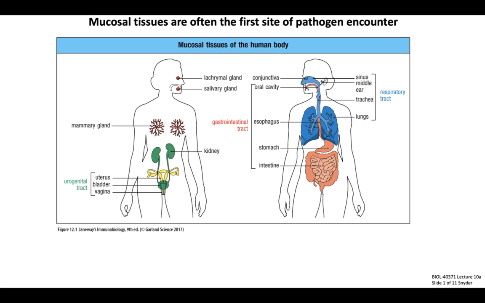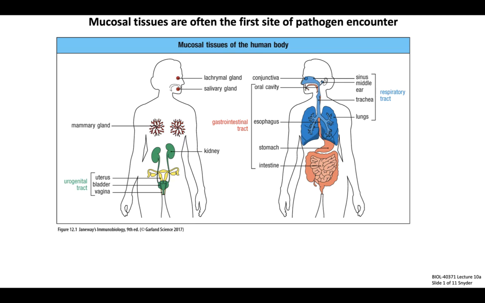This figure summarizes the anatomical locations of mucosa in the human body. The reproductive organs and urinary system make up something called the urogenital tract, here on the left, shown in the green and yellow organs. The nose, trachea, and lungs make up the respiratory tract in blue, and the esophagus, stomach, and intestines make up the gastrointestinal tract in pink, which we also refer to as the GI tract or the gut. The mucosal immune system is made up of specialized lymphoid organs, cells, and molecules that are associated with each